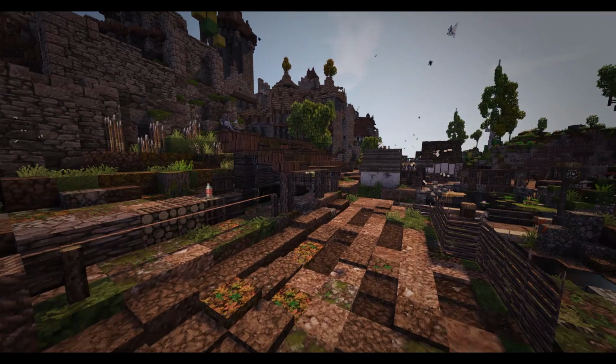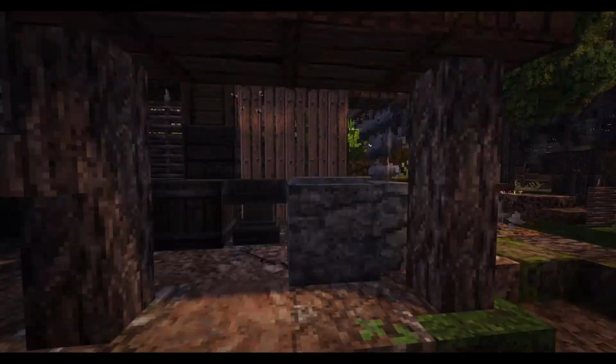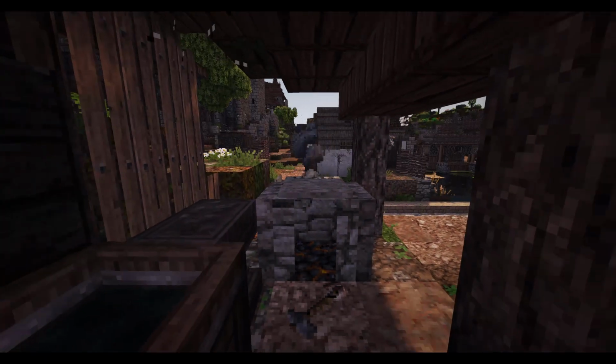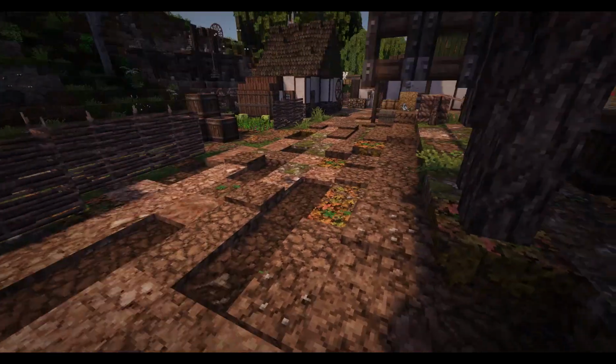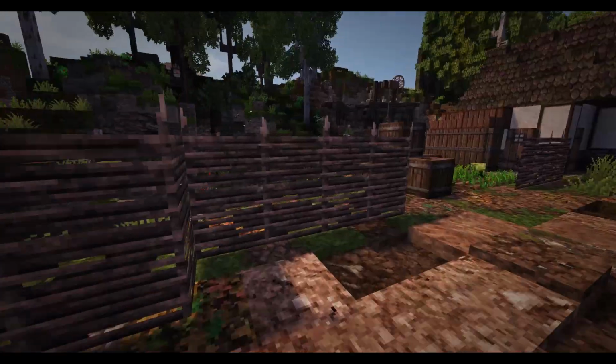Where's the blacksmith? Here's a house. Blacksmith, right here. They moved the blacksmith. Okay, so here's a blacksmith right there. So pretty cool. I'm actually going to turn off sounds because that's a rather annoying thing, having all these pressure